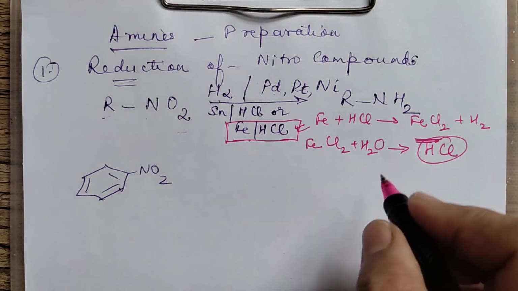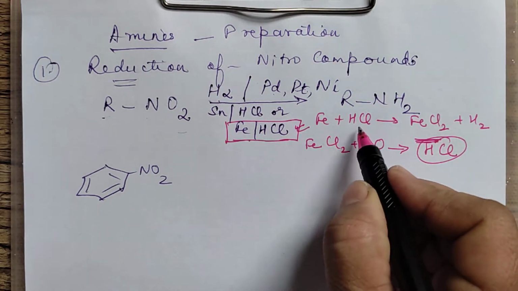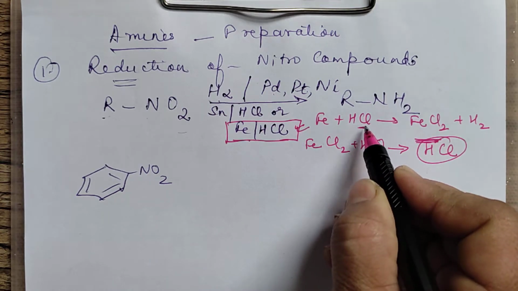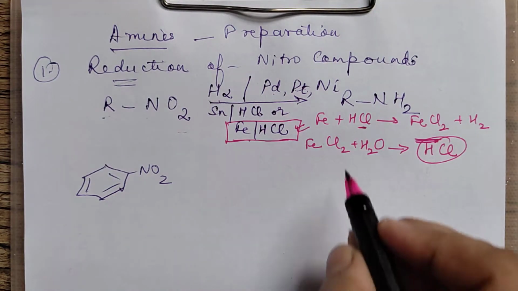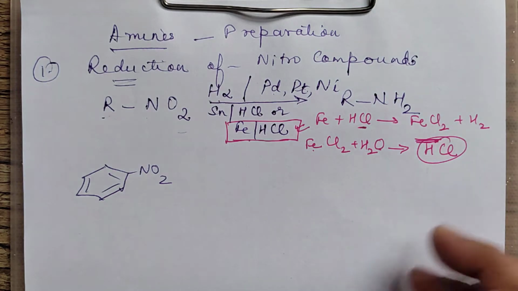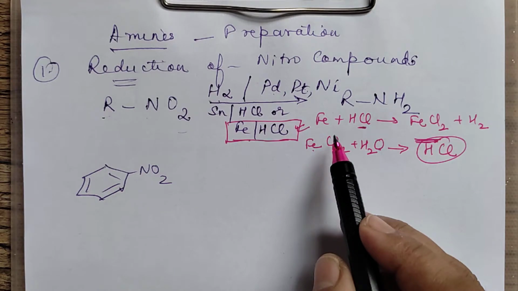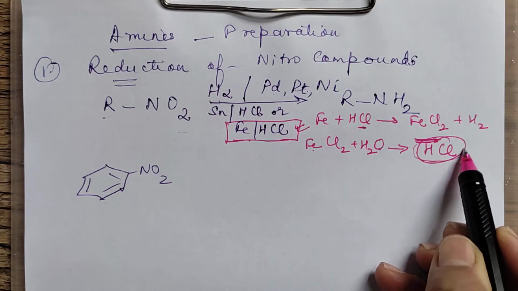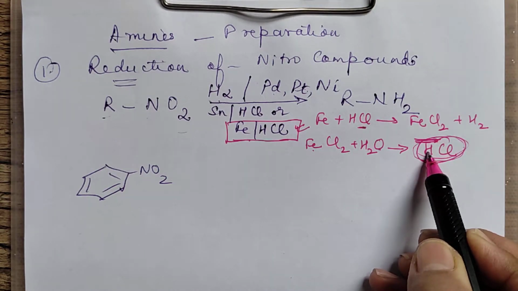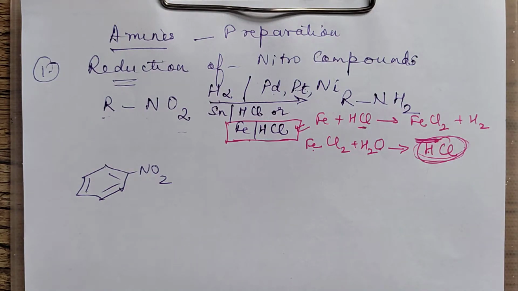So when this is formed, that means the HCl here has to be used in limited quantity, and this Fe and O will form its oxide, or it can even be hydroxide. So what exactly happens is, this HCl is required in very little quantity. So that is the advantage. A small quantity of HCl is required just to initiate the reaction.